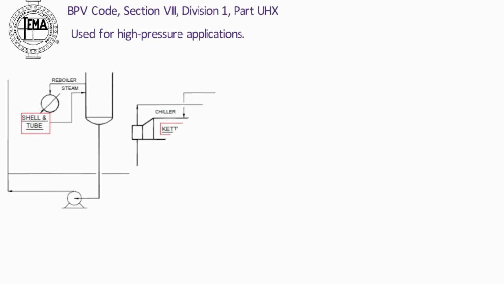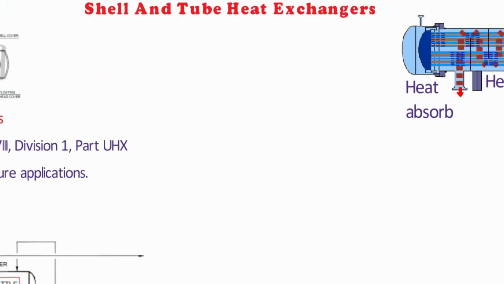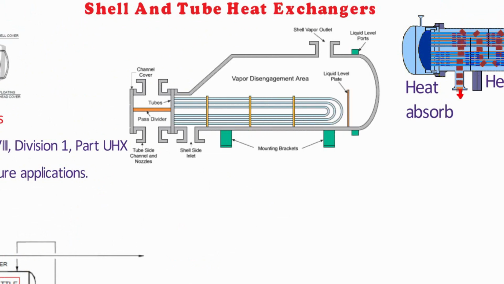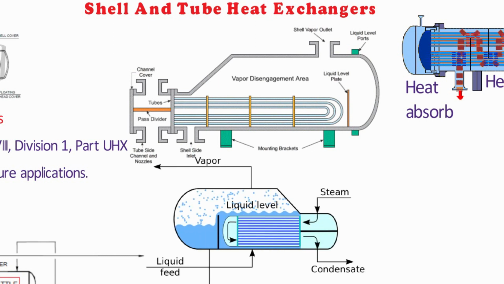There is one special type of shell and tube heat exchanger, that is the kettle type heat exchanger. The figure shows the typical arrangement of it. Kettle reboilers are very simple and reliable. They may require pumping of the liquid into the kettle, or there may be sufficient liquid head to deliver the liquid into the reboiler. In this reboiler type, steam flows through the tube bundle and exits as condensate. The liquid from the bottom of the tower, commonly called the tower bottoms, flows through the shell side.